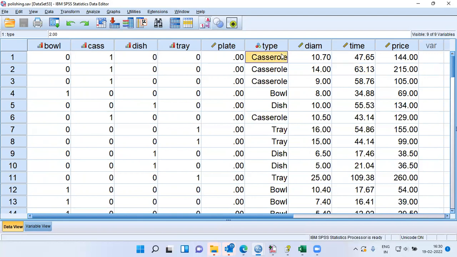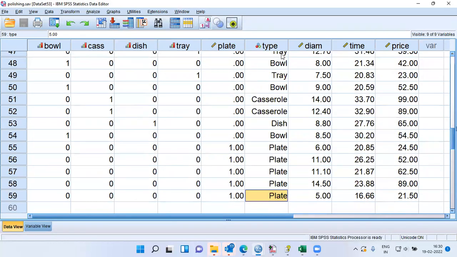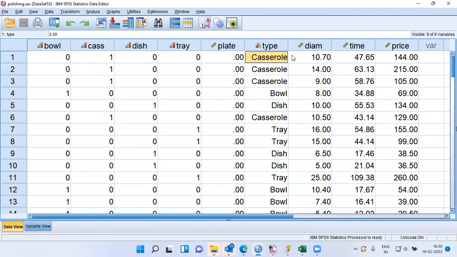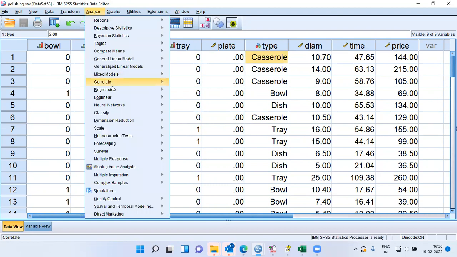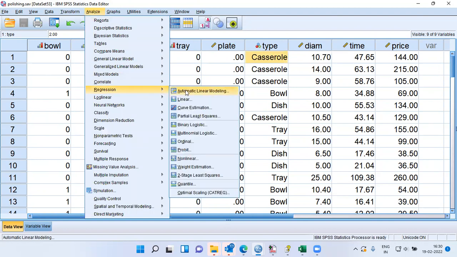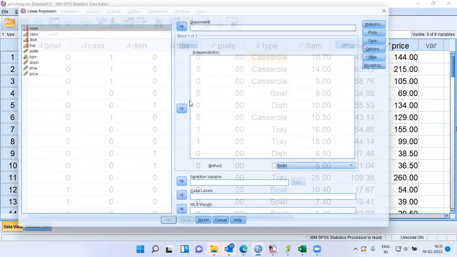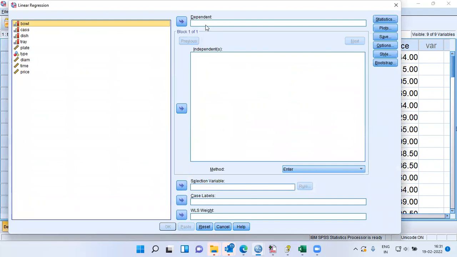What is the sample size in this data set? The sample size is 59, which is not a very, very good sign because I need to have a healthy sample size. But since this is just a demonstration, I'll still go ahead and build a model. To build a linear regression model, I will click on Analyze, Regression, and then choose the second option, Linear. This opens up a new dialog box